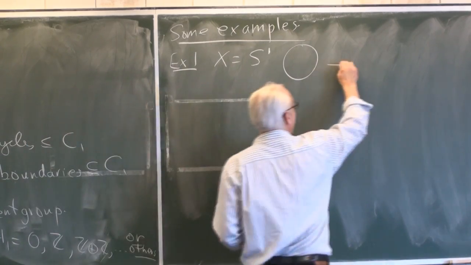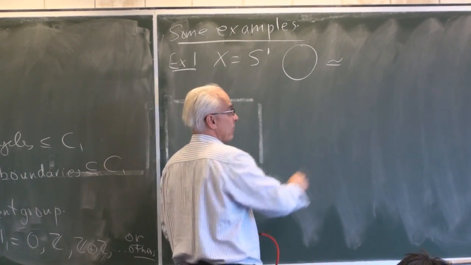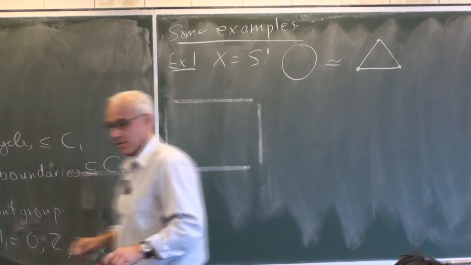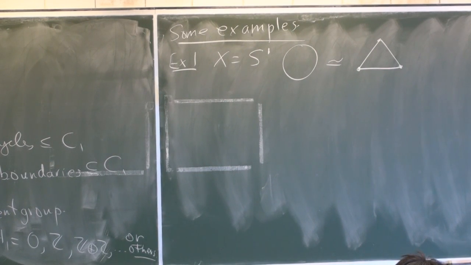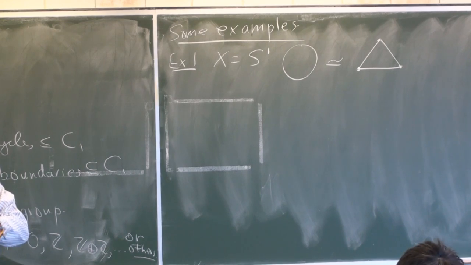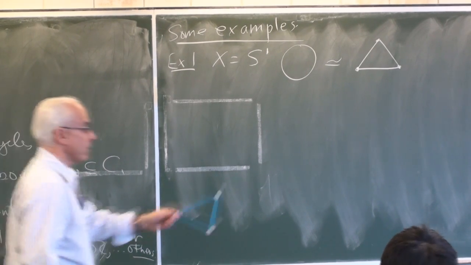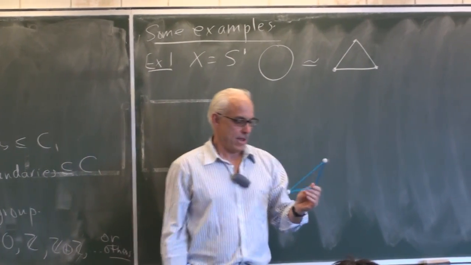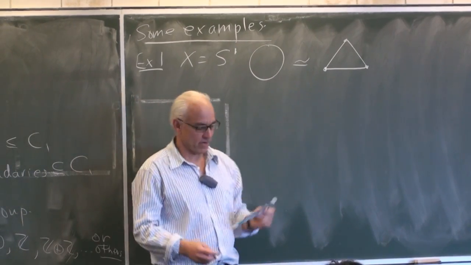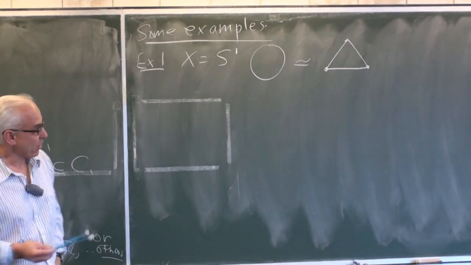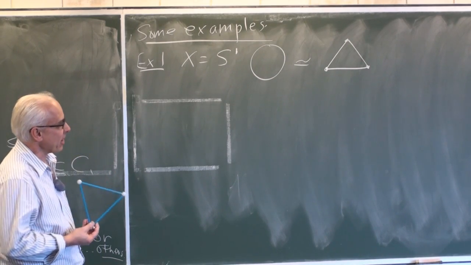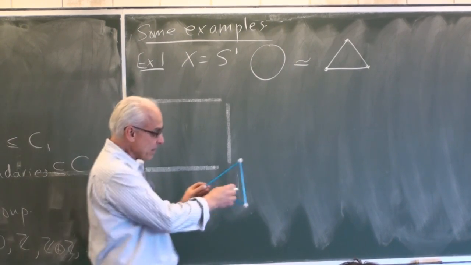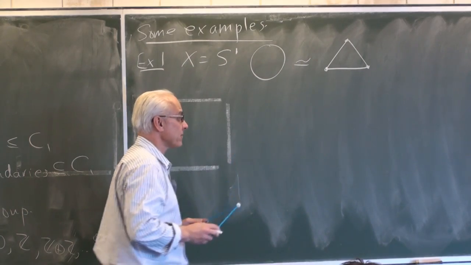Okay. So the circle is homeomorphic to, well, a triangle. So we can replace the circle with a triangle. Okay, homeomorphically it's the same, and that fits inside of our simplicial complex, so we can compute with it. Okay, so what exactly is a triangle here? Well, what are we talking about? Are we talking about the solid triangle with the interior included? No, we're not.